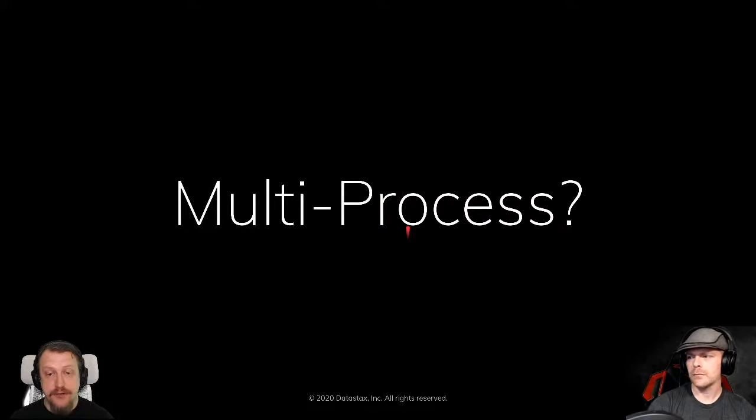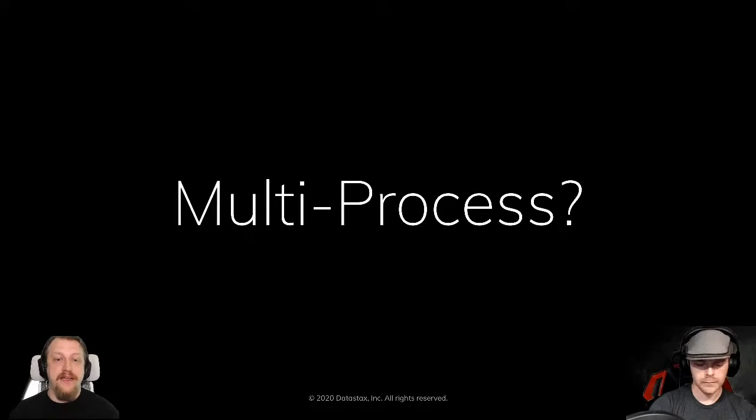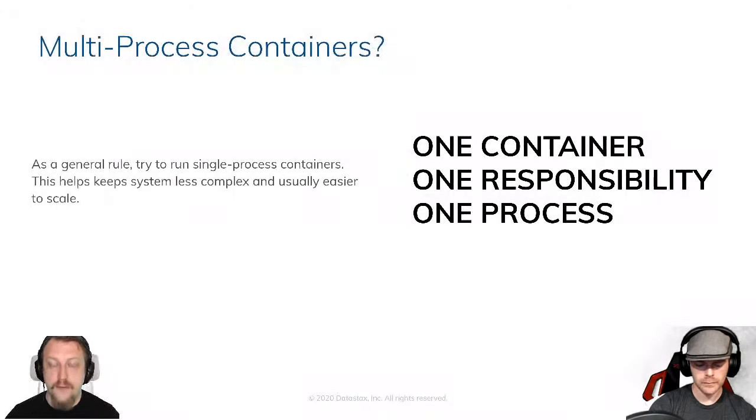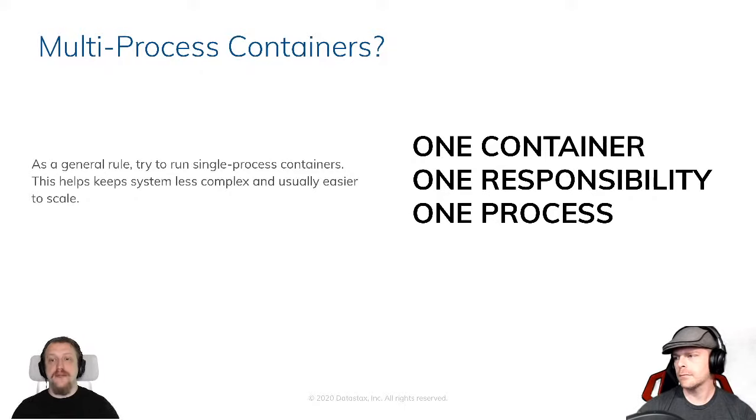Multi-process containers. If you look for Docker best practices on the internet, you would most probably find something like: one container, one responsibility, one process. And as a general rule, it's a good rule I recommend to stick to. But